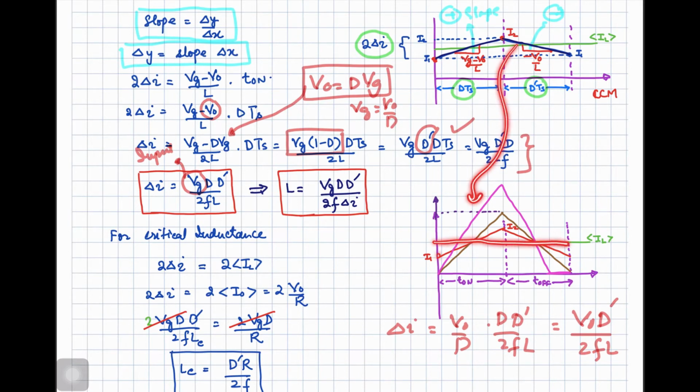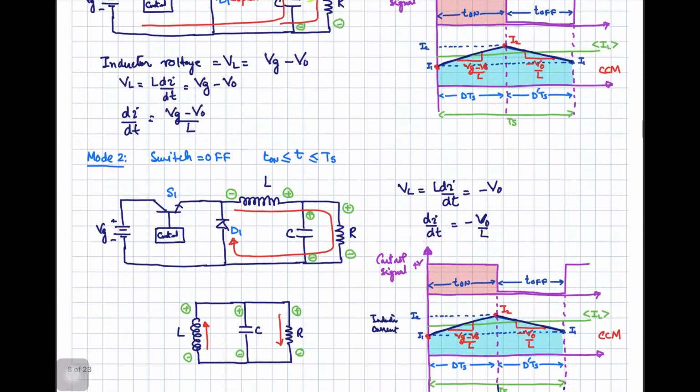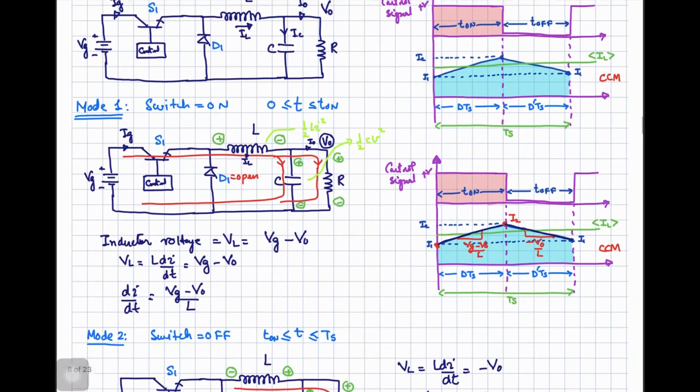Okay, now when you will be changing the inductance, just observe this waveform over here. Let's suppose this is the inductor current waveform starting from I1 and I2 for one particular value of the inductance. Now if you are going to keep the load resistance constant, so average current will remain constant. Now before discussing that one, let's come back to this circuit, and from this first mode of operation you can see